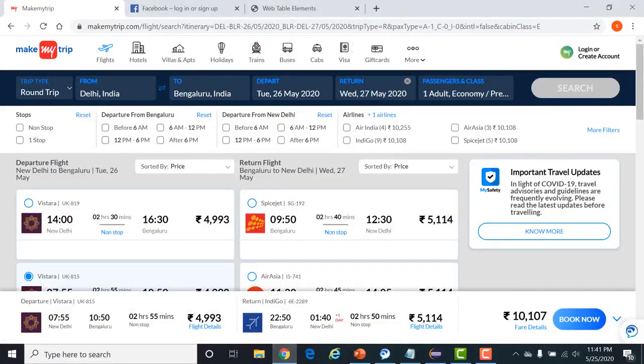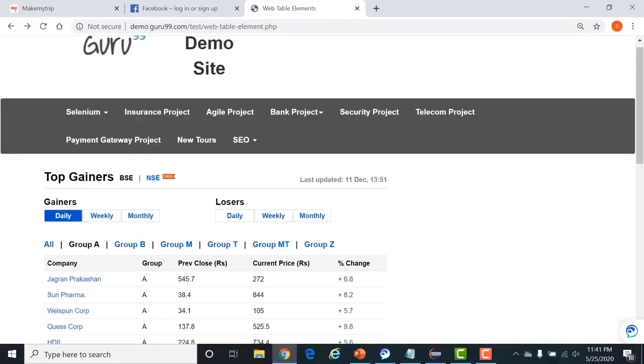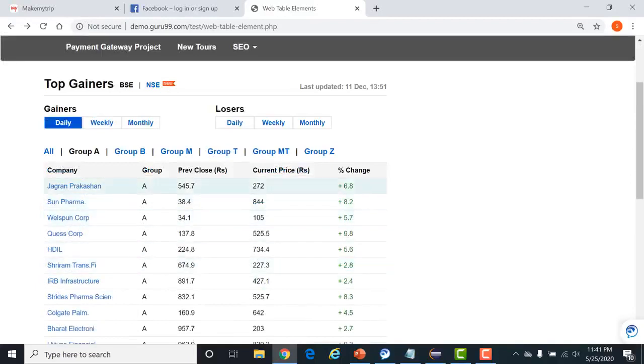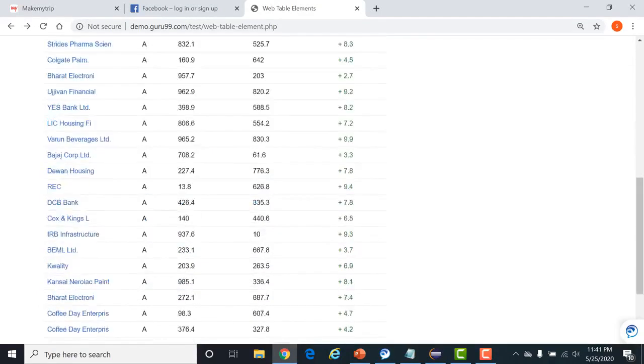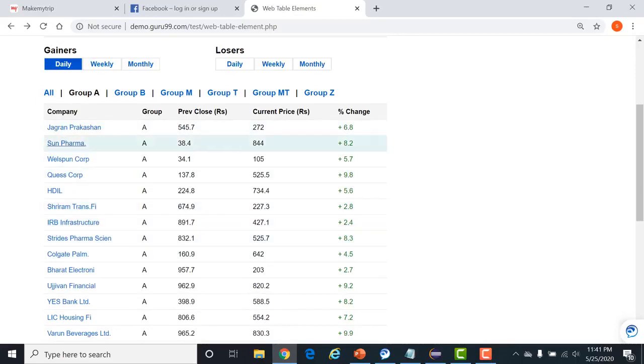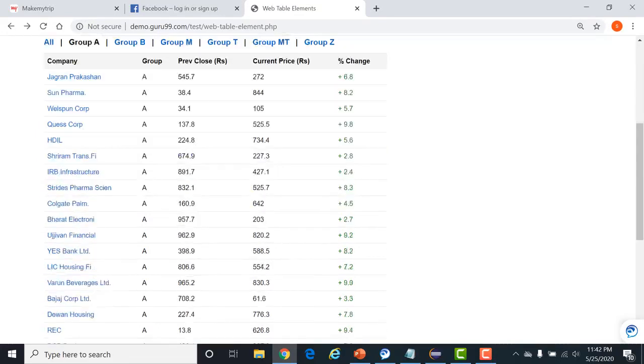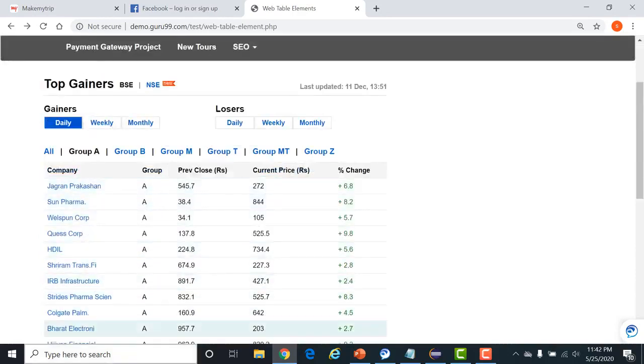Just go to this application. This is a normal Guru99 website where we have some data available in the form of a table. These are the products. This is the header. These are the product details. These are the prices and their percentage changes. So this can be changed dynamically, right? If a new product is added, as of now there are 27 products, but in future there might be 28 products, or the count will increase or decrease. It totally depends on the database which is handling this data. So this will change dynamically. We don't have control over this data.